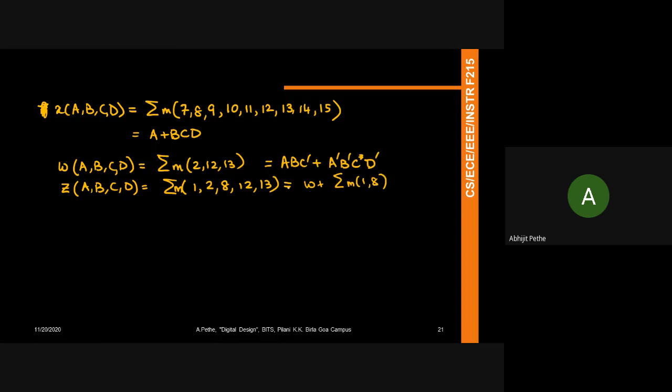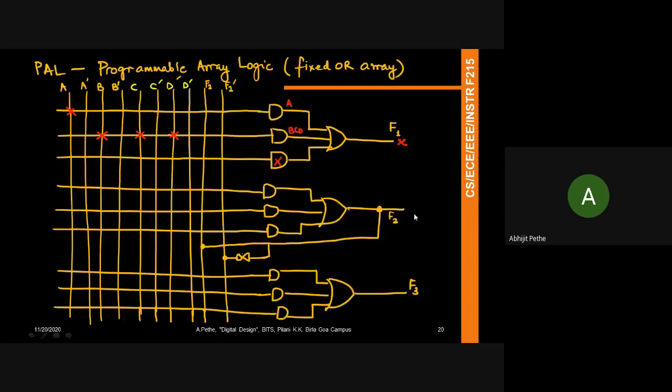So if I want to implement Z, what I can do is implement W in F2. If I implement W here, then I can use that W and implement Z in F3. Is that clear? So let's quickly implement W. How do you implement W? W, as we looked at, is made up of